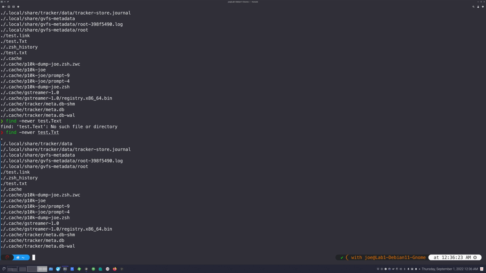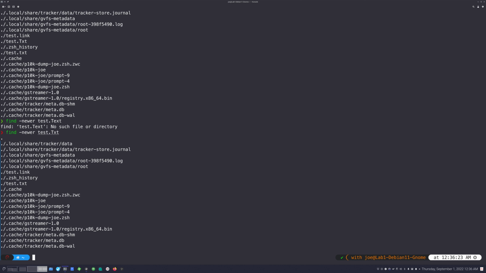There's also a -daystart option, which changes the day start basically so that it's measured from the beginning of the day rather than 24 hours ago. By default, the times are all set so that the day starts 24 hours from the minute you type the command in. So I put the command in right now, so it's going to look 24 hours in the past, and that's what a day is.